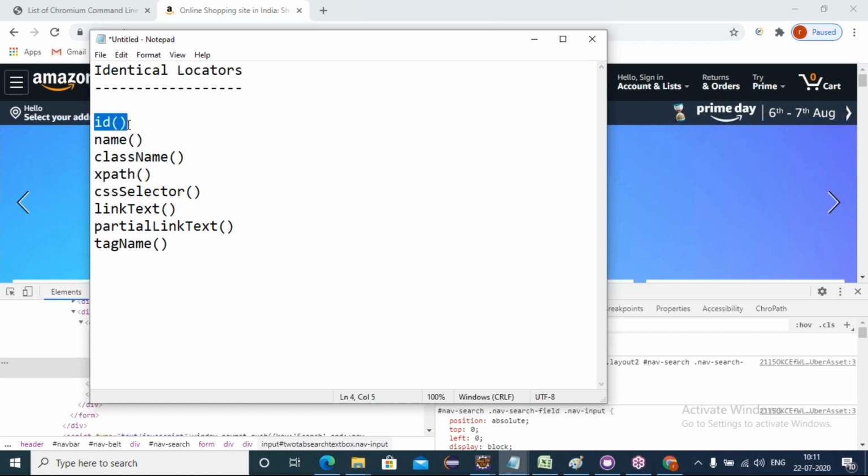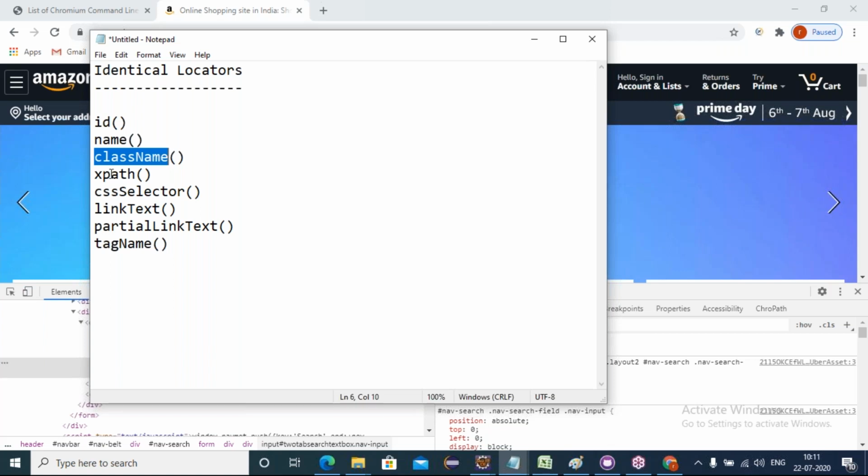Here ID means only the ID we can give. Name is name only we can give. Class name is class name only we can give. We cannot add both ID and name in the class name property. Only the respective value can be given. So when a single attribute is not enough to identify the element, we have to give more than one property.